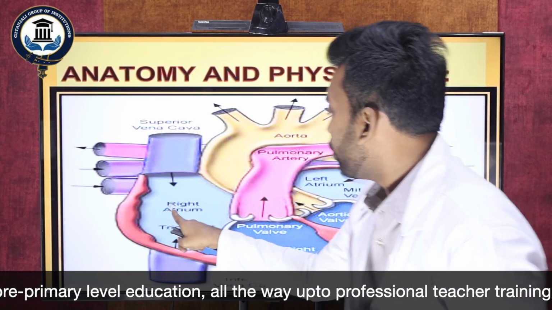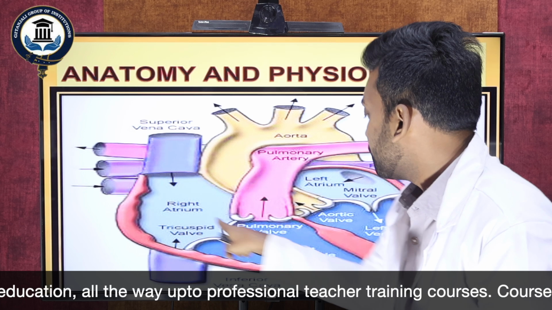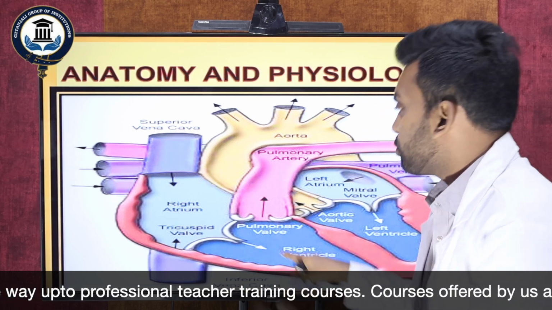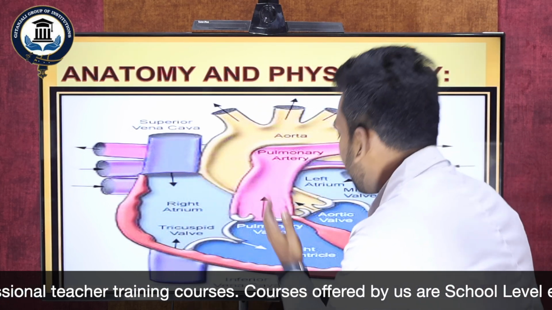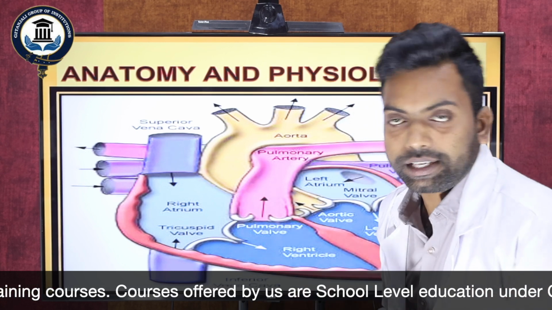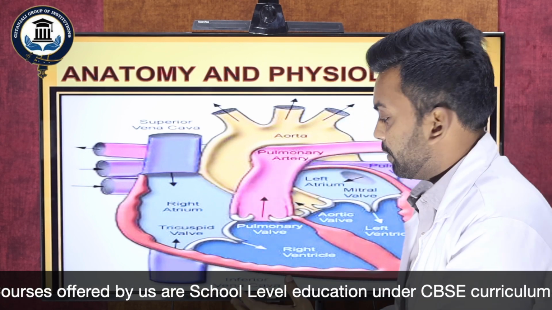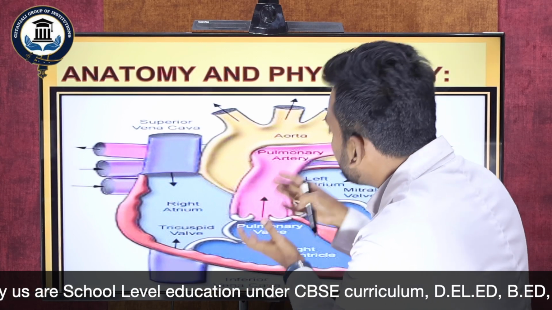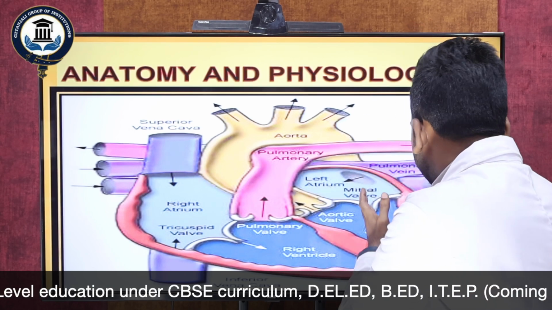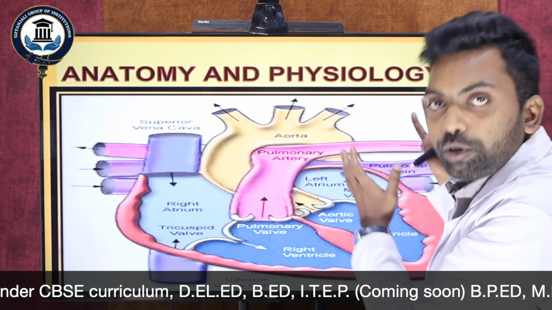Then the deoxygenated blood is going to the right ventricle. So here the right atrium and right ventricle have carbon dioxide blood, which is nothing but unpurified blood. And this blood is going through the pulmonary artery to the lungs, and within the lungs there is a purification process